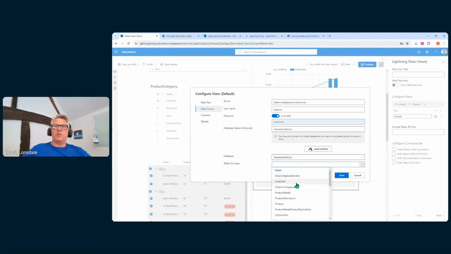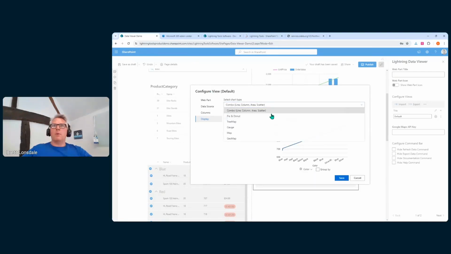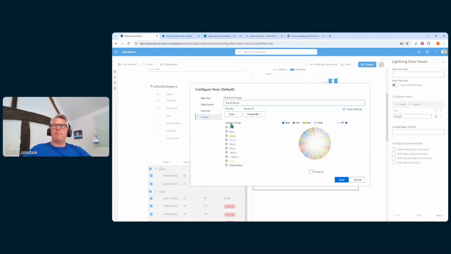Let's go and choose a table. So this one is going to be the product table. Column-wise, we're going to select the color, the name, and the product ID. And we're going to change this over to a pie chart. So notice how we can now